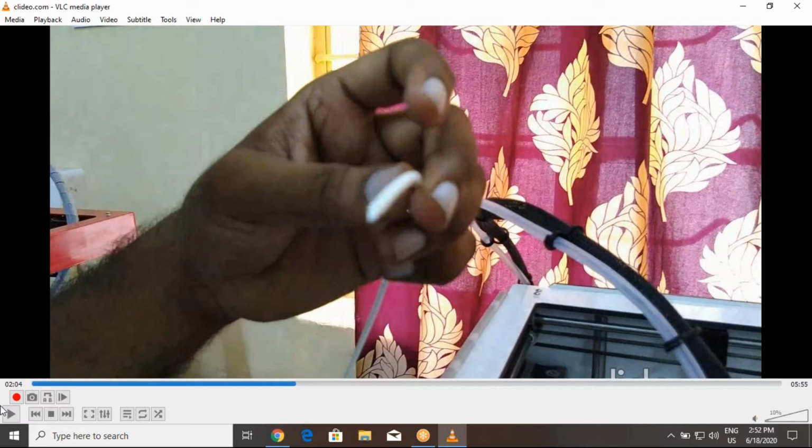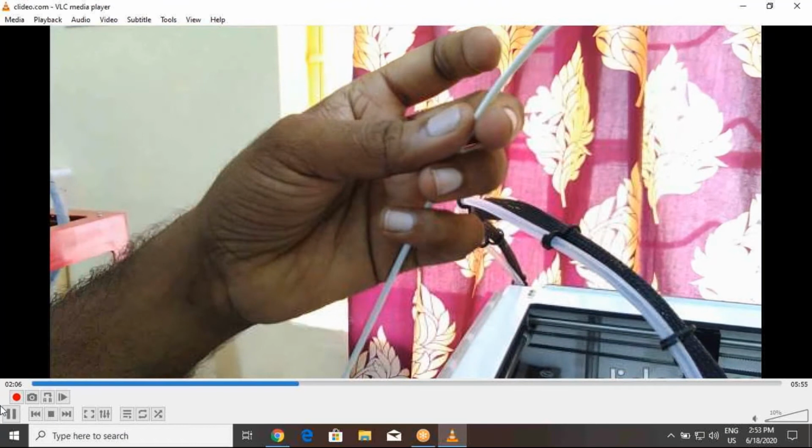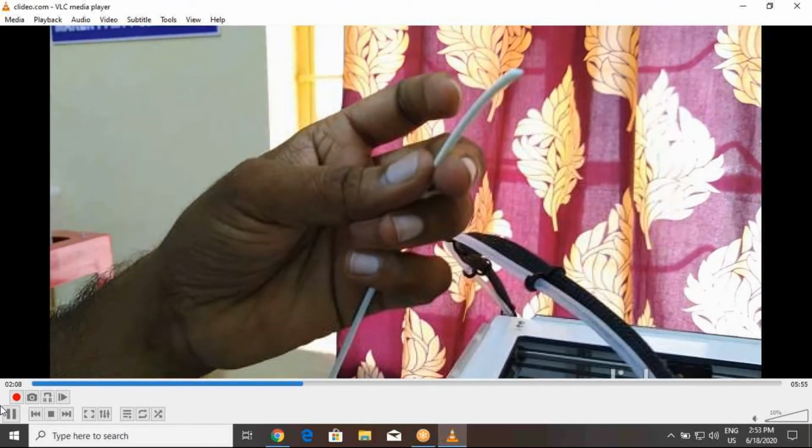So here the accuracy is good, about 12.5 microns. The materials we can print using the Ultimaker are PLA, ABS, nylon, CPE, etc., but here at NIT Warangal we especially use ABS and PLA.